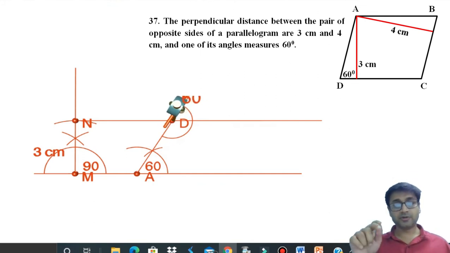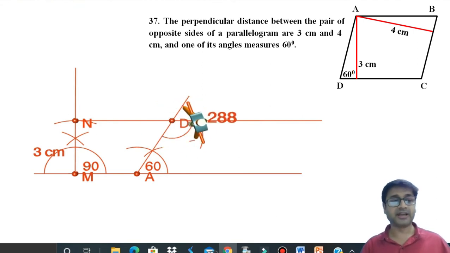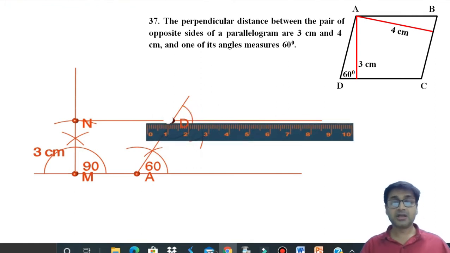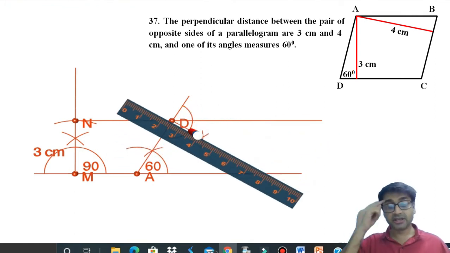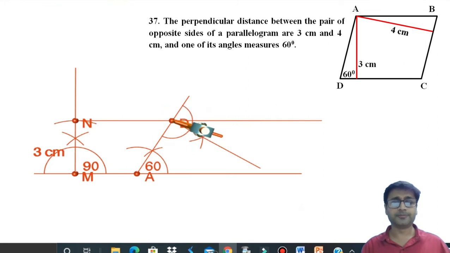How will you draw? Keep your compass on D, cut an arc, and then from these 2 points cut further arcs. Wherever they intersect, connect with D and draw a line straight. So that becomes your perpendicular from D. So once you've drawn this, think now how are you going to go about, and then I'll tell you what it is. I'm sure many of you all might go wrong over here. Okay, many of you all must have drawn this further and taken this point as point B. That's wrong, huh? That's absolutely wrong, remember.